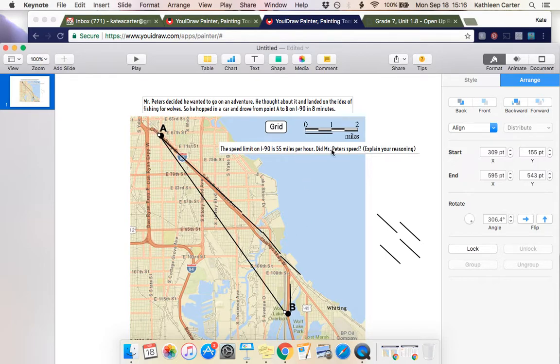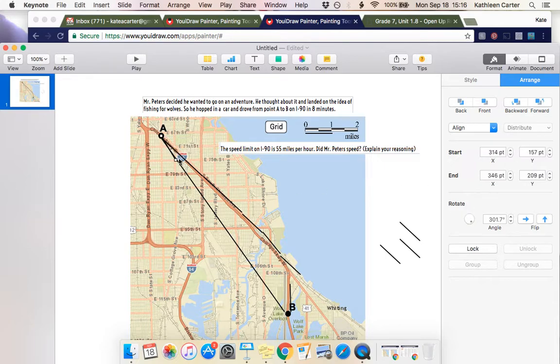Is he going faster than Mr. Peters, slower than Mr. Peters, or is he actually flying at the same rate that Mr. Peters was driving? People looked at this and they noticed pretty quickly that this looks like it is shorter than the distance Mr. Peters has to go. It does not bend, so he doesn't have to go around any curves. He can go straight from A to B. To confirm that, you could